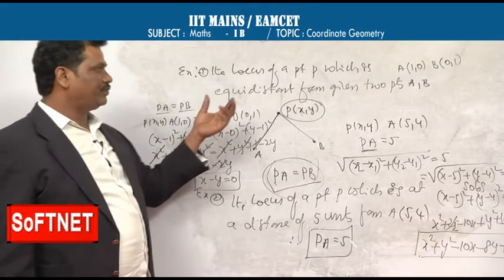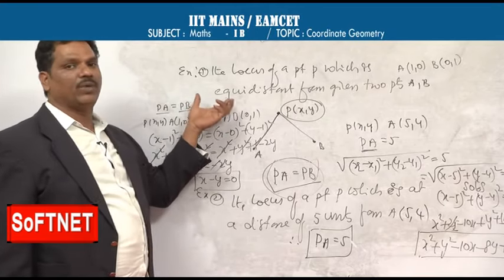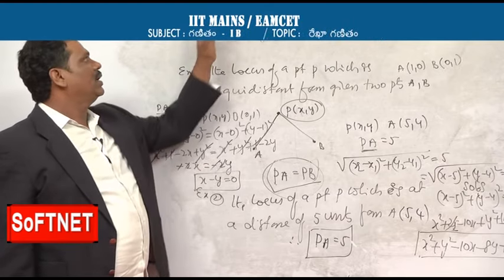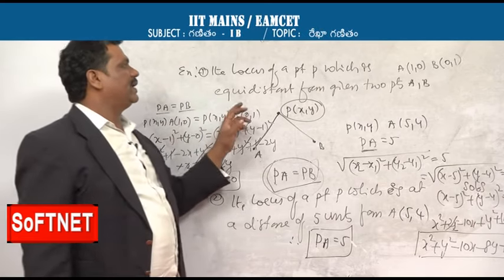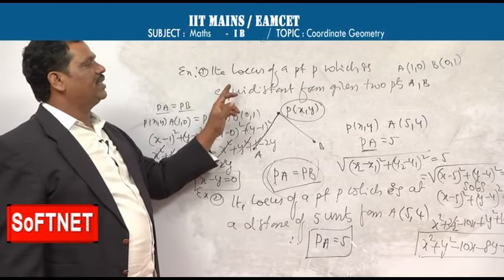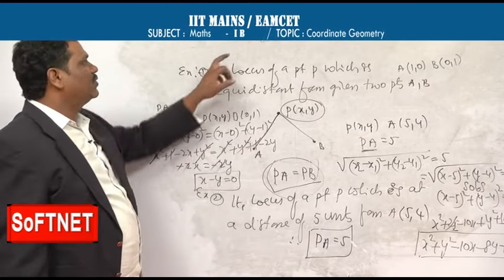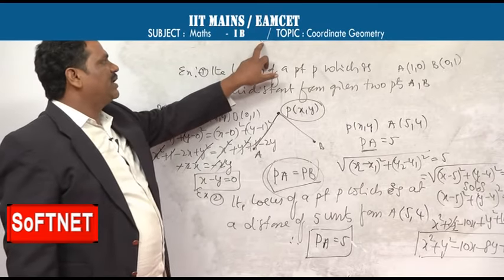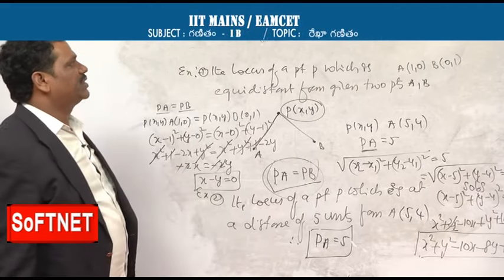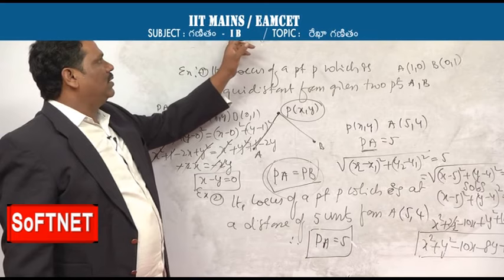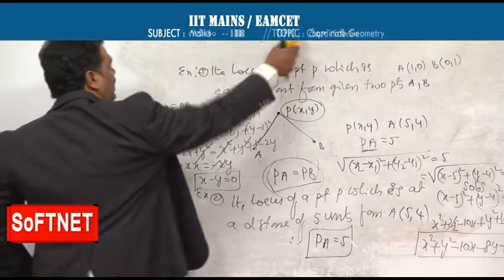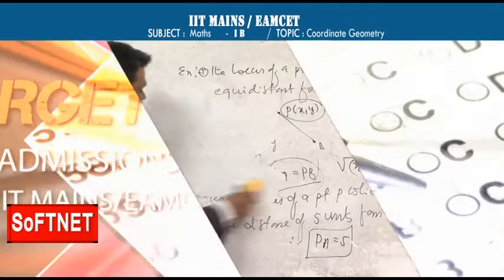So totally four points are very important. The set of all points satisfying a given condition or given property is called a locus, and every point satisfying the condition is a point on the locus. Conversely, every point on the locus satisfies the given condition. And the fourth one is the equation of locus: the algebraic relation between x and y obtained by applying the given conditions is called the equation of locus, in the form of f of x comma y equal to 0.